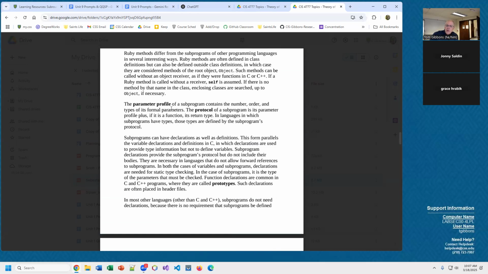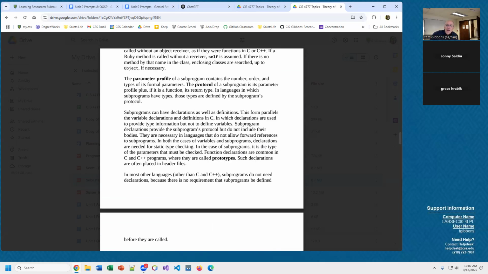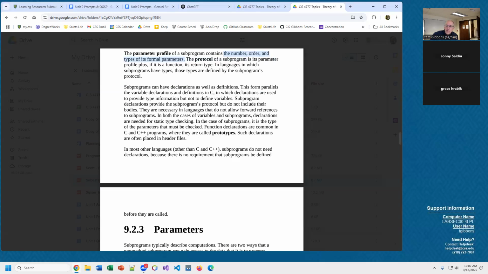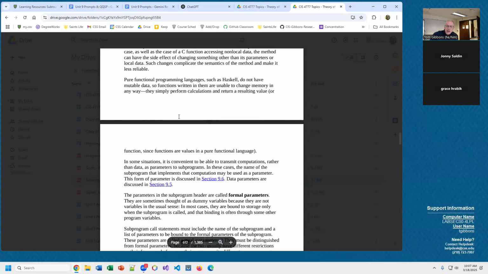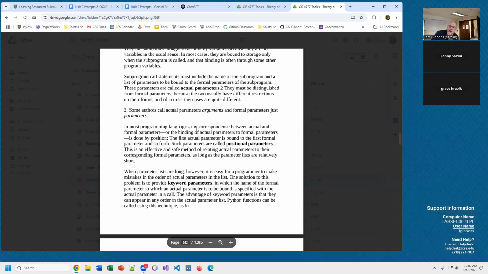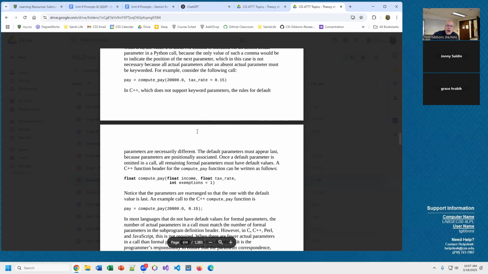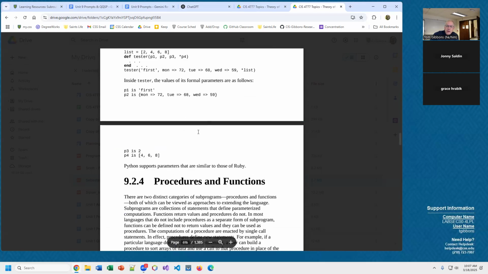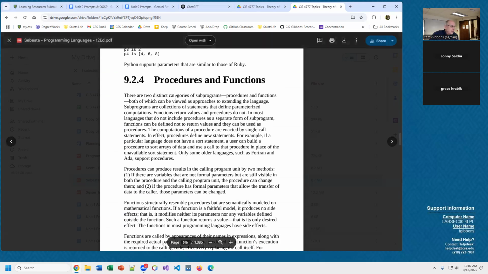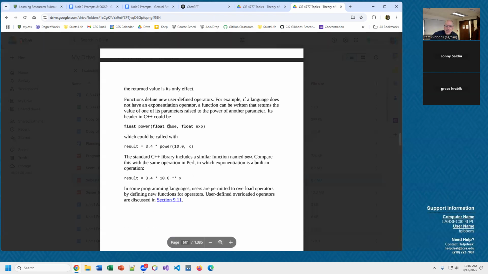It tries to talk about parameters, and the number, order and type of formal parameters. It has a whole section on how parameters are set up. It talks about positional parameters, which are what you're probably used to, and then keyword parameters, sometimes called name parameters, which is what I call them here. And then it goes into procedures and functions,